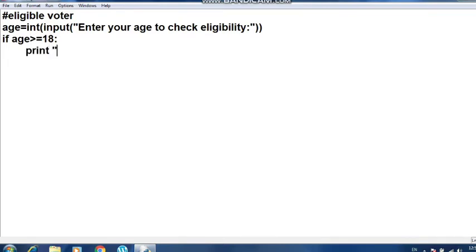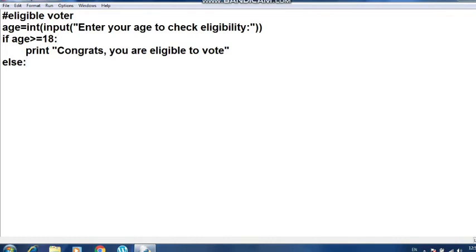Print: congrats, you are eligible to vote. You can write any statement you like that you want to show to the user. Then in the else part, if the condition goes wrong, suppose I have entered 14 or 15, obviously it is neither greater than nor equal to 18.